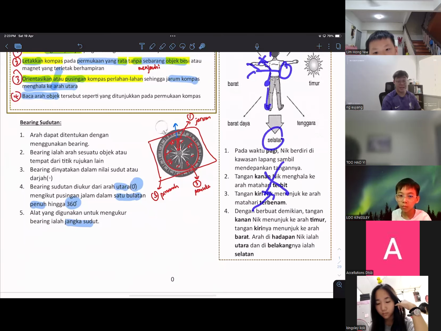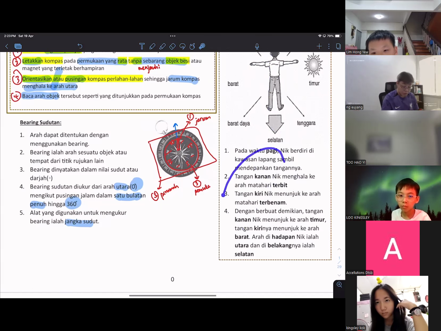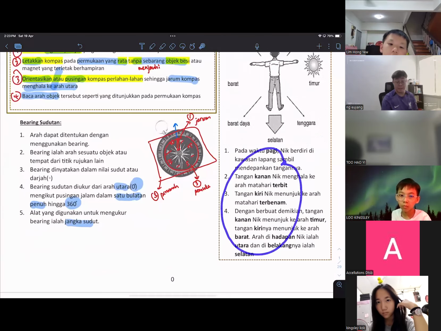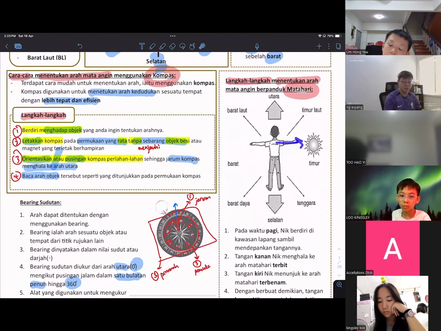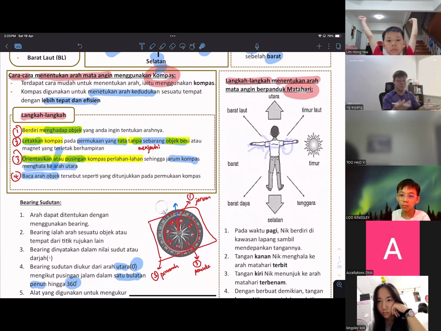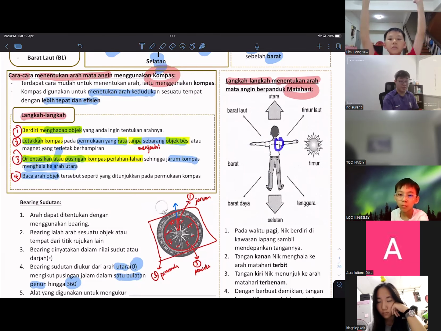So this one, I don't want to highlight anything because this is only for these seminar notes. It's also the same method, but usually it's not going to come up in the exam because we can use 2 methods, either facing, or using the right hand pointing to the sun. So I prefer to use facing the sun. Most of your school teachers are going to use this for similar exercises.